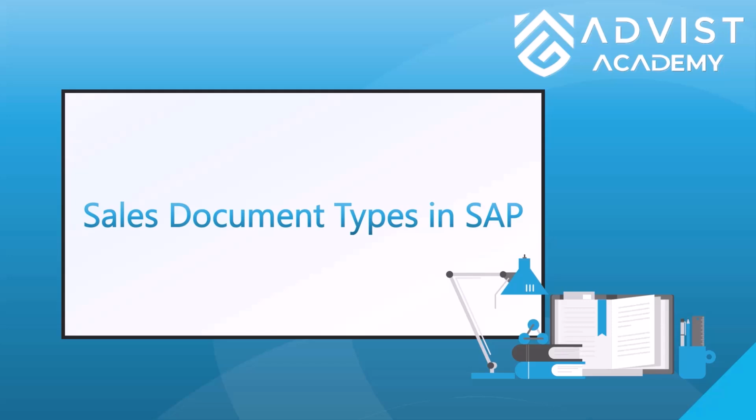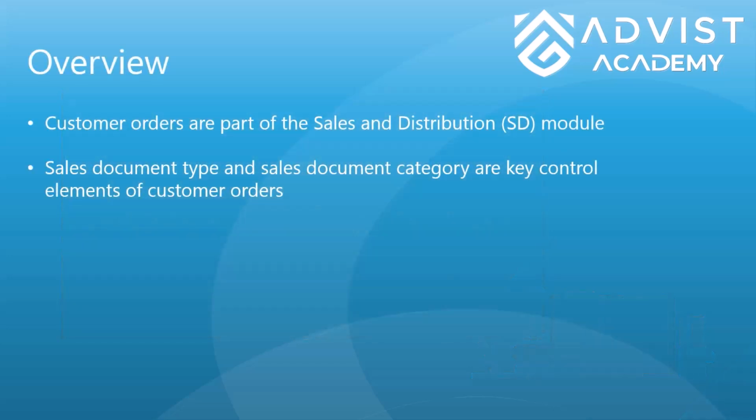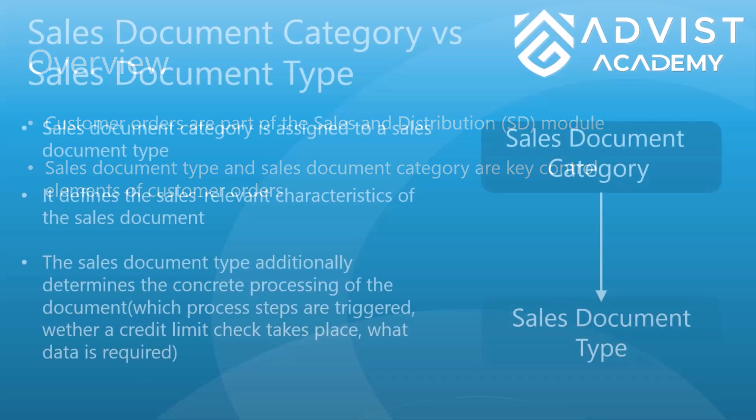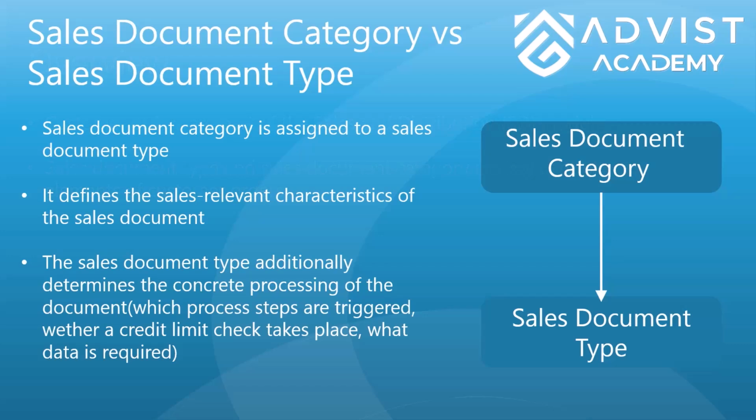In this video, we will look at what sales document types are in SAP and what role they play in the sales process. In SAP, customer orders are part of the sales and distribution module. The key control elements of these orders are the sales document category and the sales document type. A sales document category is assigned to a specific sales document type and determines, among other things, the sales-relevant characteristics